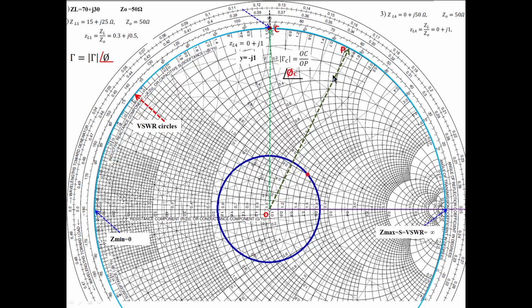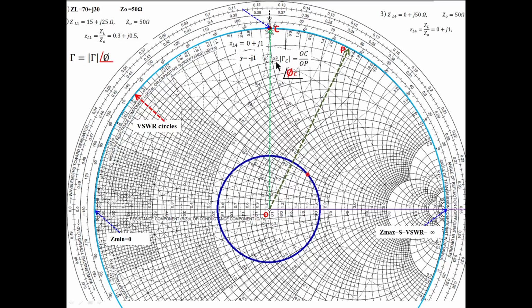And this OP is also the same, because for OP we should take up to the R equal to 0 circle. Our OC is also up to the R equal to 0 circle. So OC is equal to OP in this case. For a reactive load, R is equal to 0, so in this case the reflection coefficient is 1. Reflection coefficient is 1. Okay, 1 means what? My entire wave is reflecting back from the load.